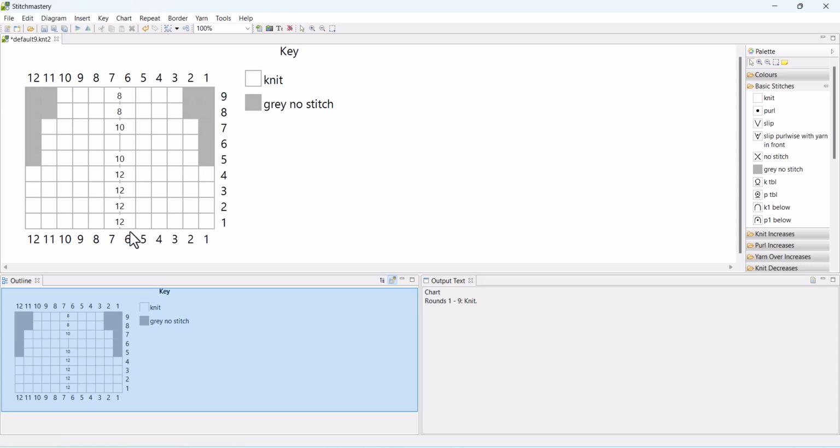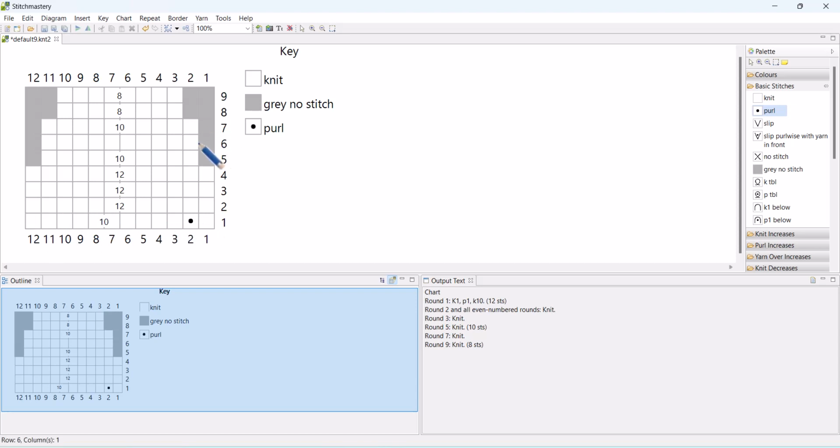We've got 12 columns of knit stitches to begin with, decreasing to 10 and then 8 stitches in each round. And the annotations will show you how many repeated stitches you have. So if I add a purl stitch, we now only have 10 knit stitches preceded by a purl stitch. So the annotation has changed to 10 and it moved along so that it's in the middle of those 10 stitches.